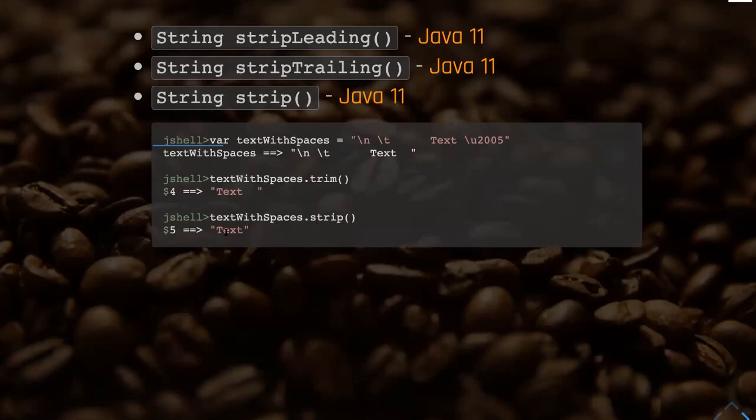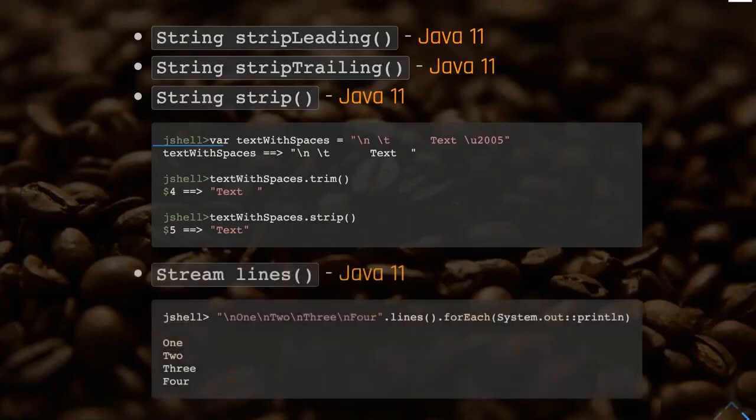And if you use strip, it will be removed. The difference is that trim is not Unicode aware and strip is Unicode aware. If you are using languages other than English or Latin, you should use strip in order to remove all Unicode spaces or tabs or new lines.